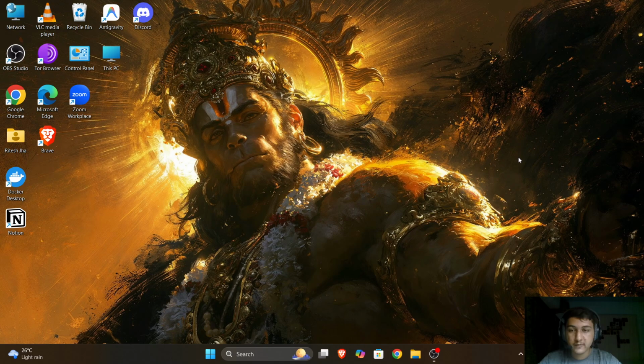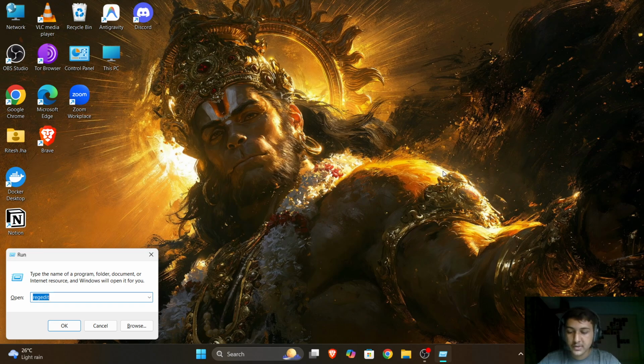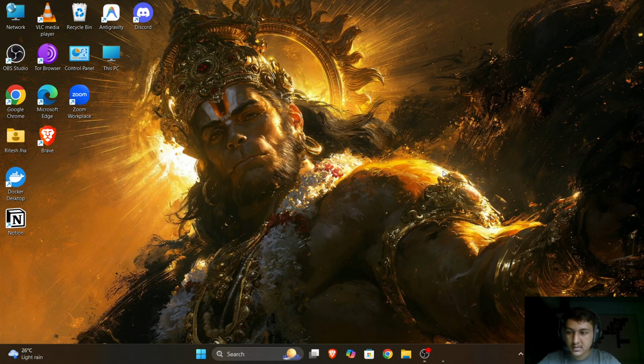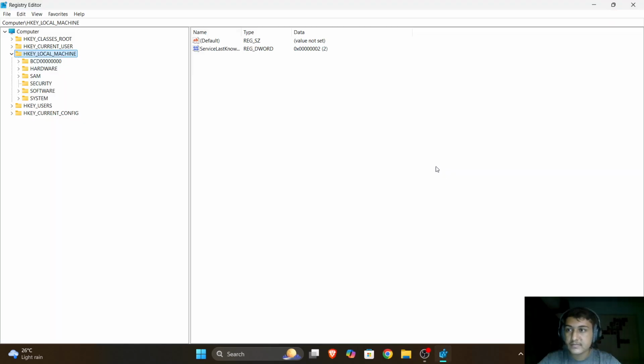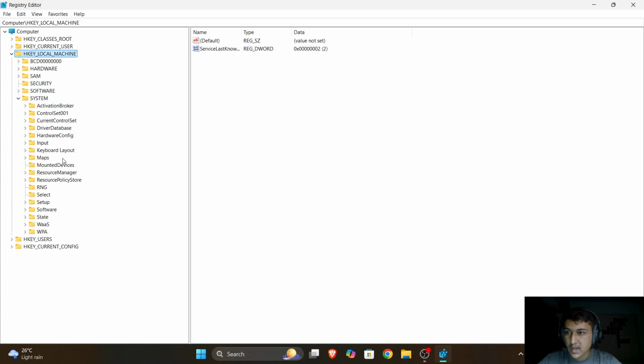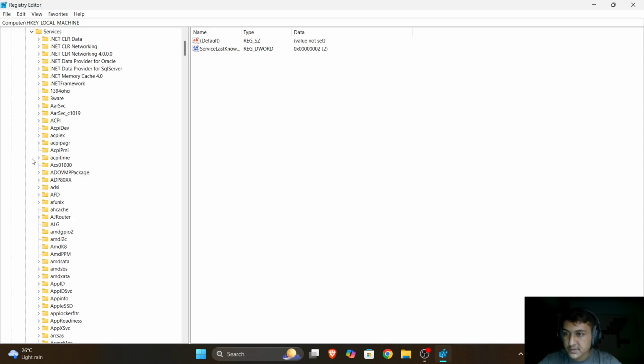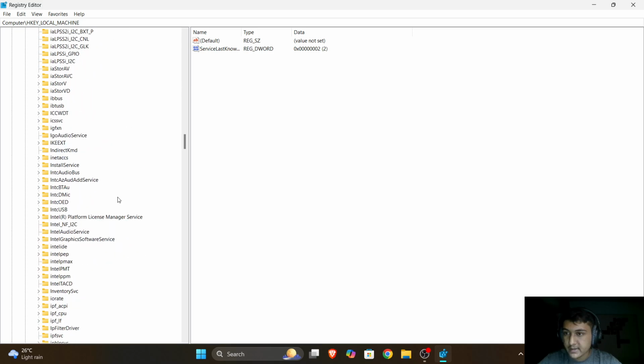So what we need to do is, firstly, press Windows plus R to start our Run menu. Inside it, you need to type regedit, which is your Registry Editor, and open it. Inside Registry Editor, go into HKEY_LOCAL_MACHINE, inside which you go into SYSTEM, and inside System, find CurrentControlSet. Inside CurrentControlSet, we need to go into Services, and now you need to find the TCPIP service here,